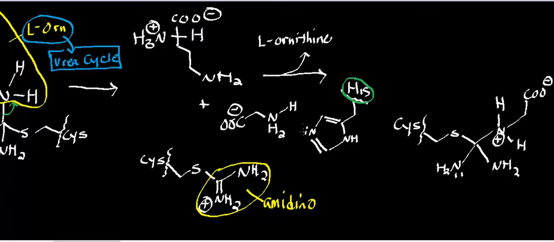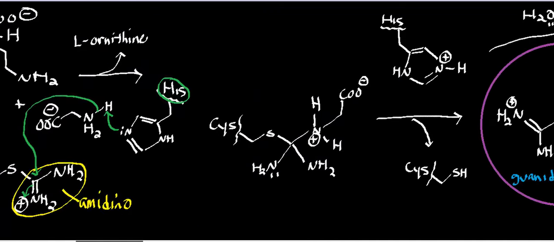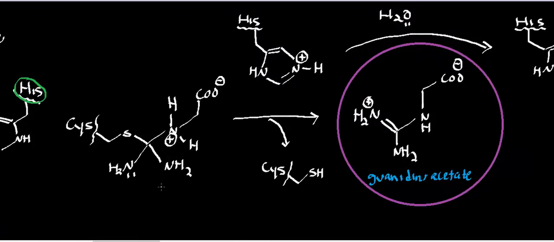And the histidine is going to do a proton transfer with the alpha amine of glycine, and that's going to induce nucleophilic attack on this Schiff base carbon of the amidino group. Okay, and that's going to generate, once again, a tetrahedral intermediate as shown right here. Now, the tetrahedral intermediate will then collapse back down to form the effective protonated Schiff base. Of course, there's a resonance contributor there, but this lone pair is going to collapse back down, reform the protonated